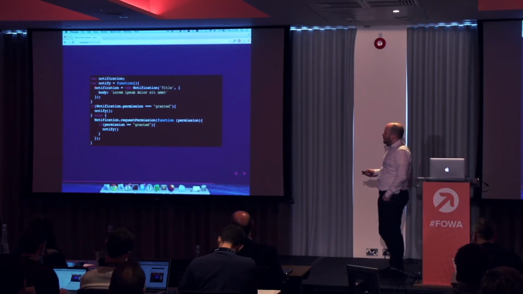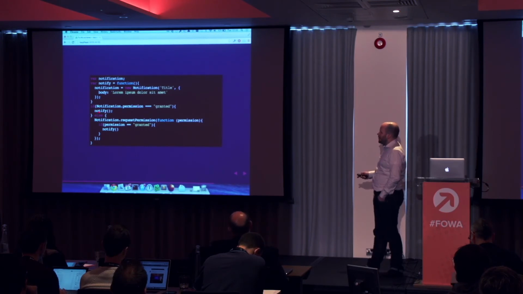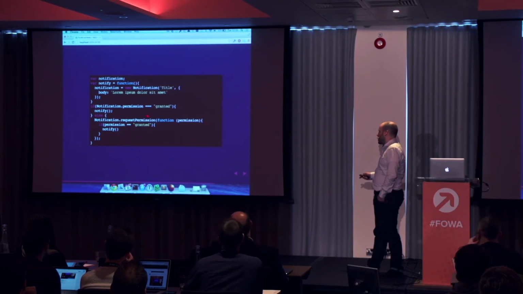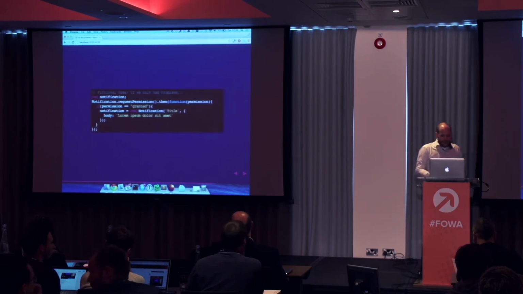So let's see, we have a notify function that does the actual notification. Then we're going to ask if we have permission to show the notification. If we have it, we're going to display our notification immediately. If we don't have it, we're going to request permission, and when we request permission, if we got permission, we're going to notify as well. So when I run this code,